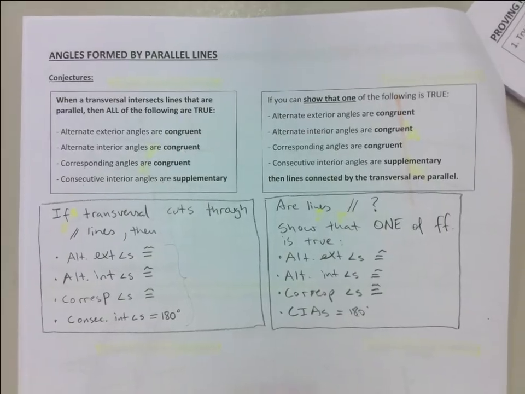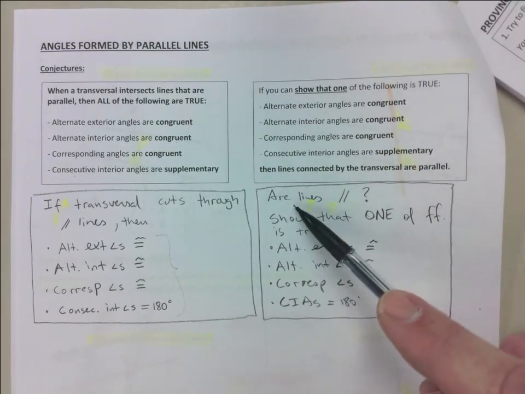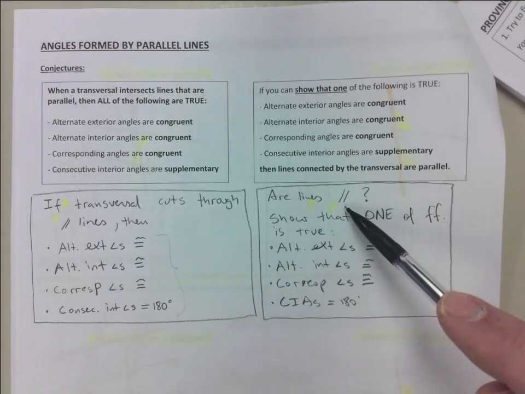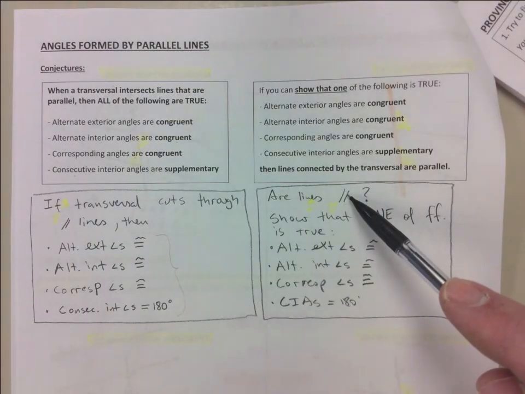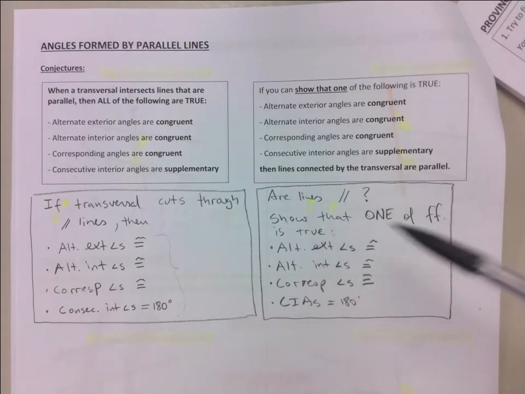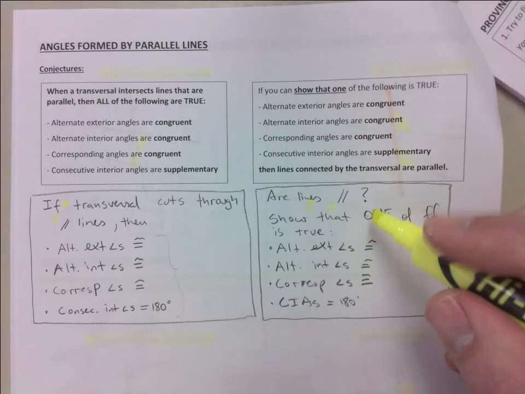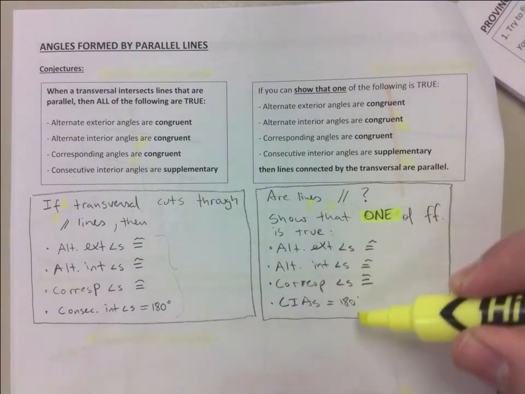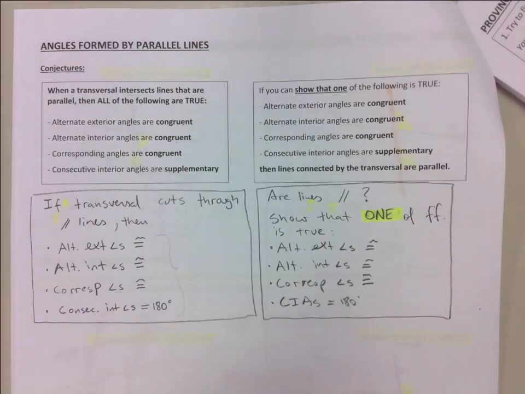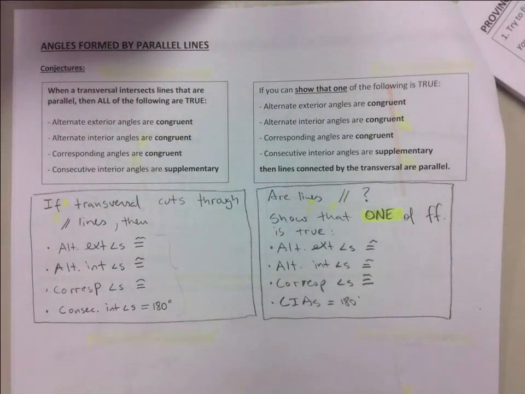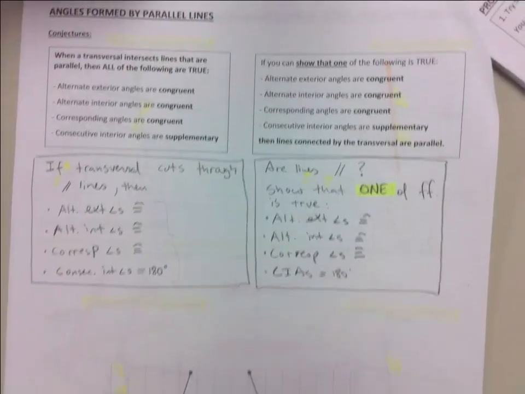On the other hand, if they're asking you, hey, can you tell me whether or not these two lines are parallel? Then you're going to have to show one of these, right? You just have to show me that one of the following is true. You pick, right? Sometimes one is easier to prove than the other, so you're just going to have to go by that. Underneath these two boxes,